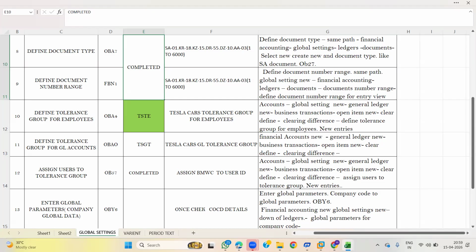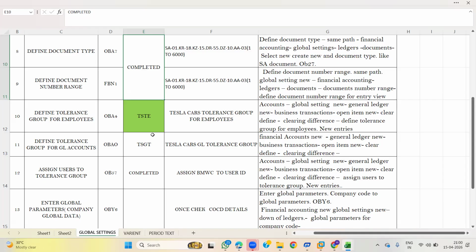The posting period variant is used to control opening and closing of posting periods, which is one of the month-end activities in the FI module. This activity is performed by the business users directly in the production system.